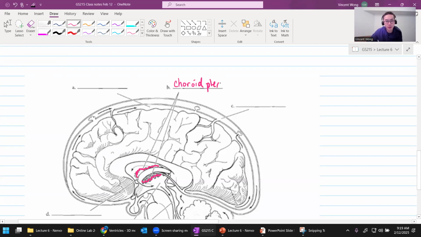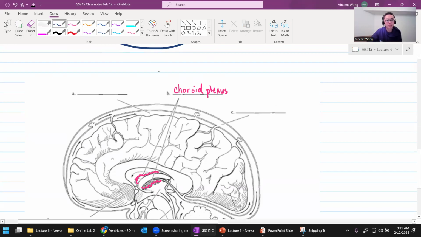Okay, so each ventricle has its own choroid plexus. If you forget what it does, don't worry, I'm going to write it for you. Choroid plexus are basically vascular tissue, that means it has blood vessels, that contains ependymal cells,